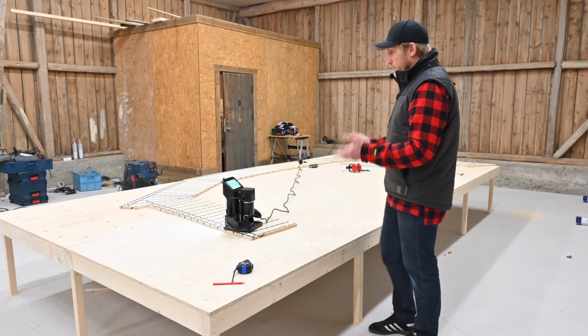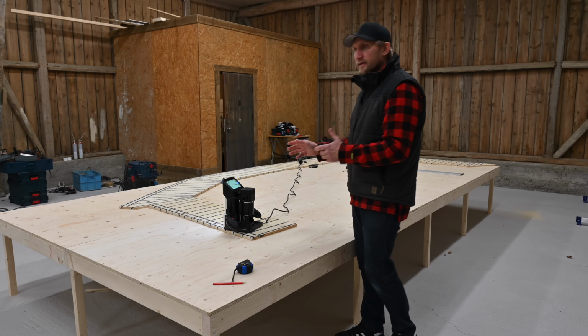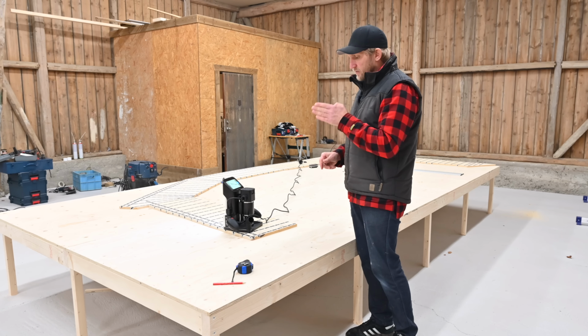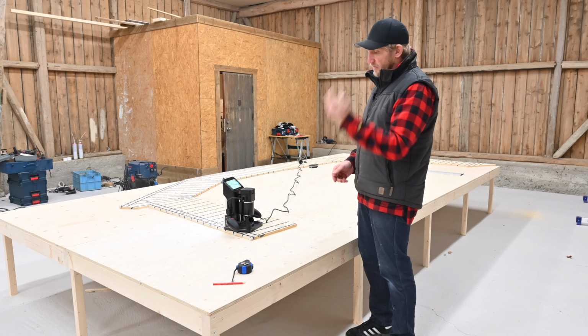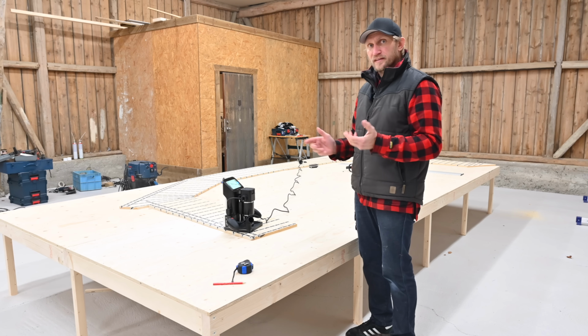So when you're cutting, I will only look at the screen here and guide the machine roughly where it needs to cut, and the machine will do the fine work of placing the router bit exactly where it needs to be. And if I stray off course, it will retract the router bit before I damage the piece, or at least that's what the